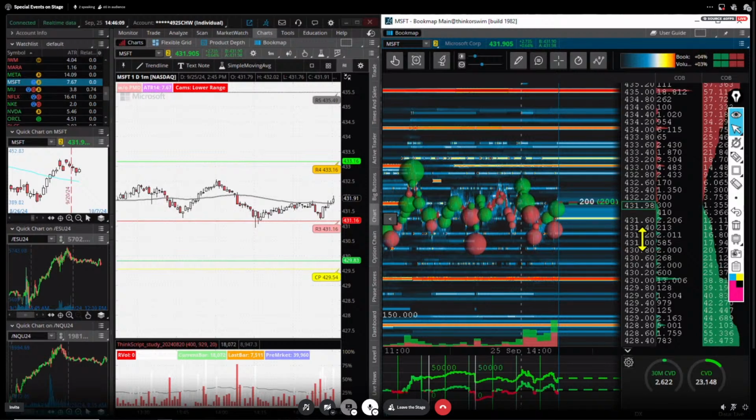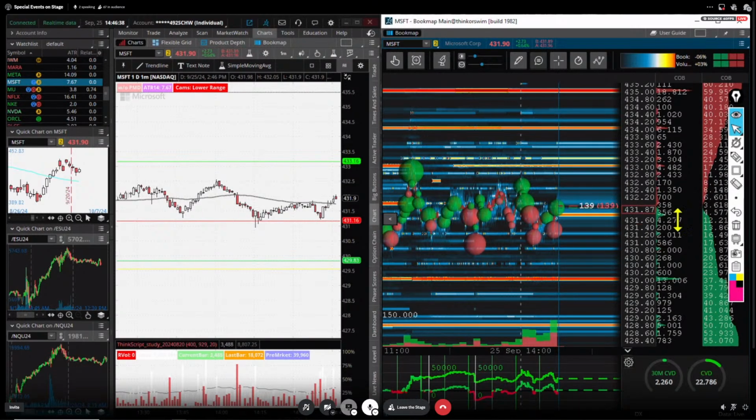So I actually was using level 2 before I found Bookmap. And it was really interesting. If you use certain programs like DOS Trader, for instance, you could use an order highlight feature so that you can kind of see where larger orders are. You really only see a couple little tiers away from the price. And funny enough, I know you guys would probably laugh at this, imagine how far it's come with Bookmap. I would actually use my Epic pen, which is this guy here that I'm using to draw on the charts, and I'd actually go over to my level 2 and write orders on my level 2,